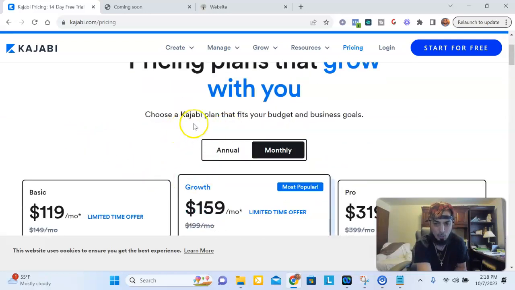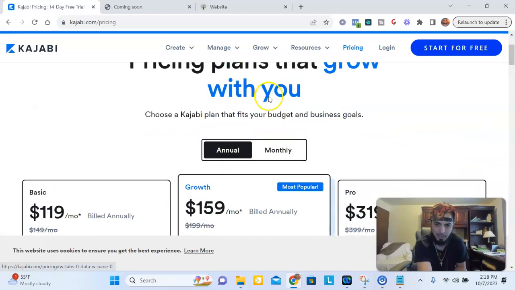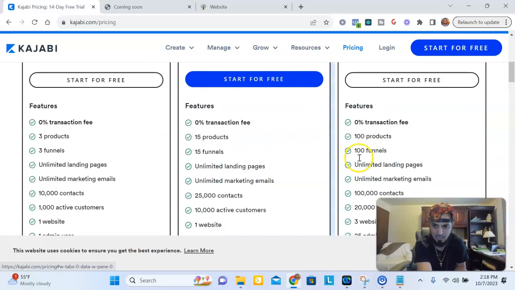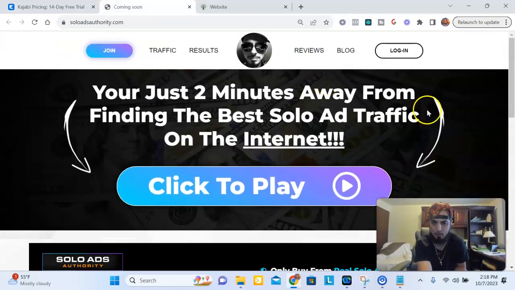You could pay annually for it, and here's the prices that you would pay annually. So pretty much you would pay annually the whole price, and these are what you would be paying. So this could run you a lot of money if you're not using the funnel builder tool that I built my entire membership site off of. This is going to be a course that I give out to people. You can do the same thing.